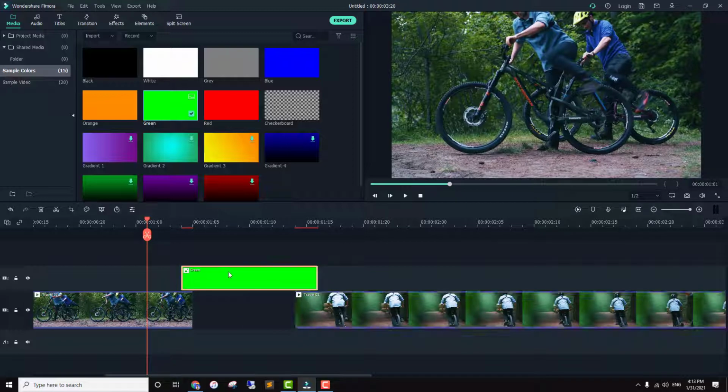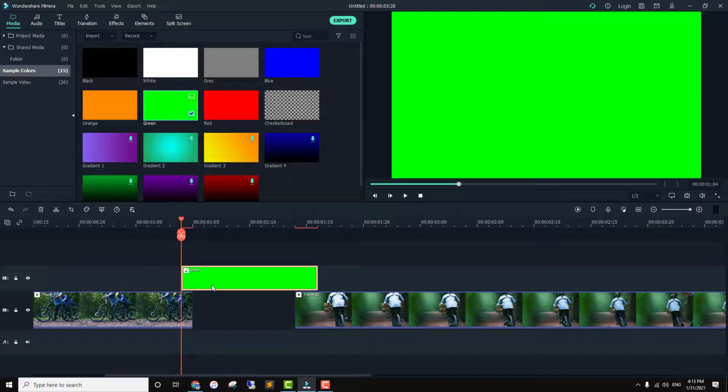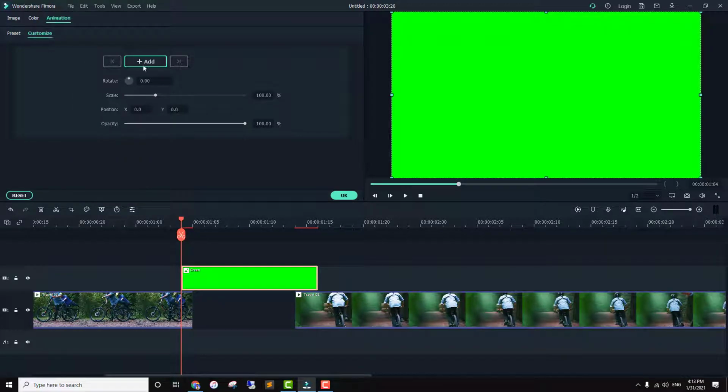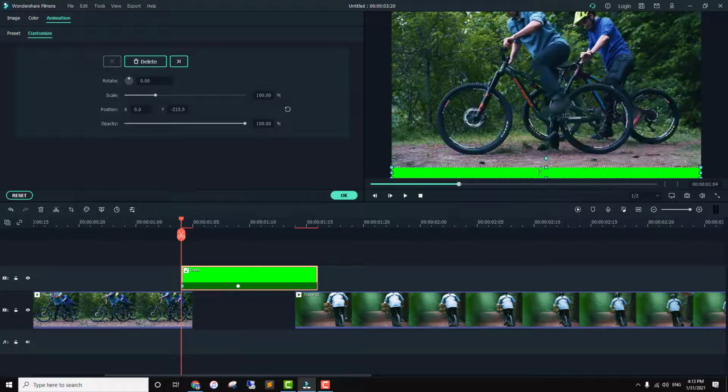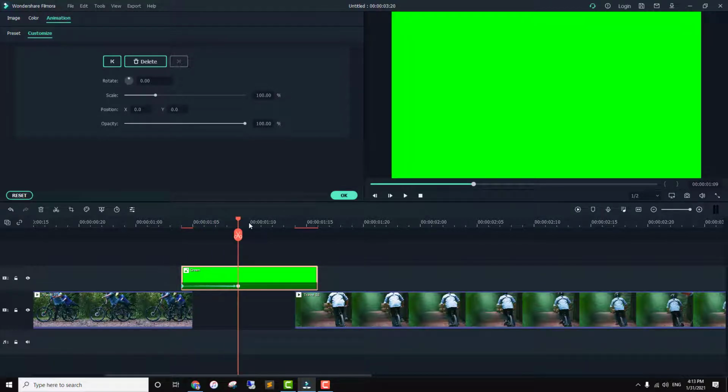Yeah, that's perfect. And here I will add a keyframe. Double click on it, again in animation customize, click on add, and here I will add another keyframe. For this initial keyframe, I want to change the values, so it will go from this to this.